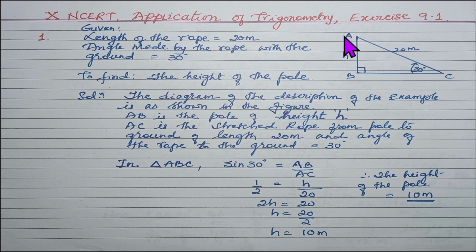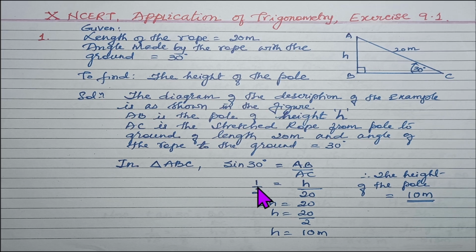Now we have to find the height, and it's very simple. If you observe here, h is unknown, 20 meters is known, so a relation which relates AB and AC has to be sine theta. There is no doubt about that. So take sine 30 degrees. Now sine 30 degrees is AB by AC,